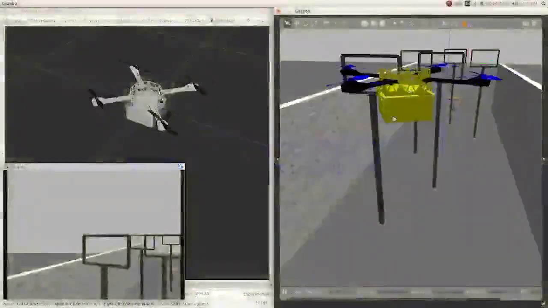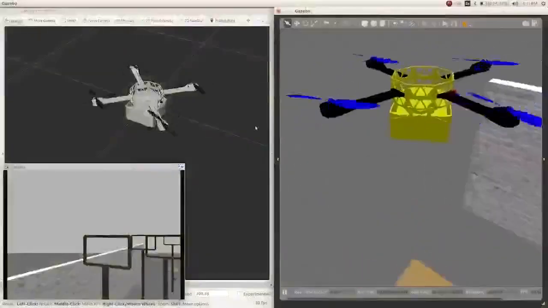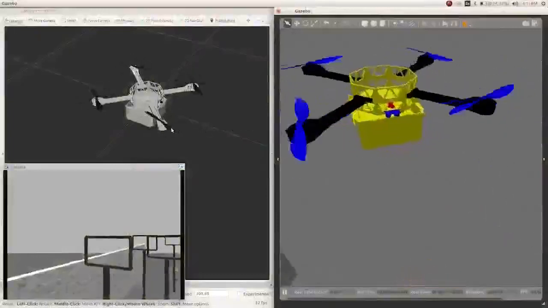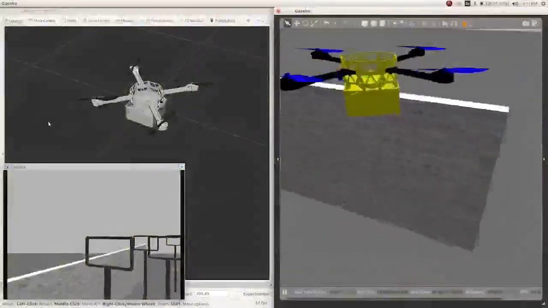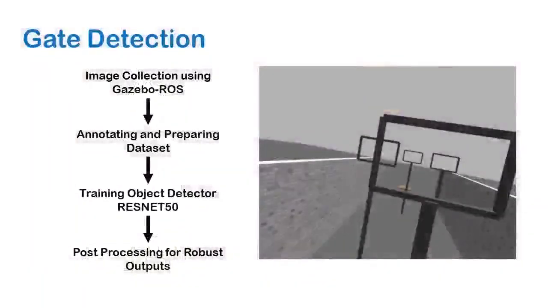Coming to the next subsystem, that is the perception module. The perception is basically the vision segment. The simulation shows a Gazebo model and an environment with ROS backend. The first segment of the perception module is the gate detection. This segment is significant as this algorithm gives us the gate's location and the reference point for the quadrotor to